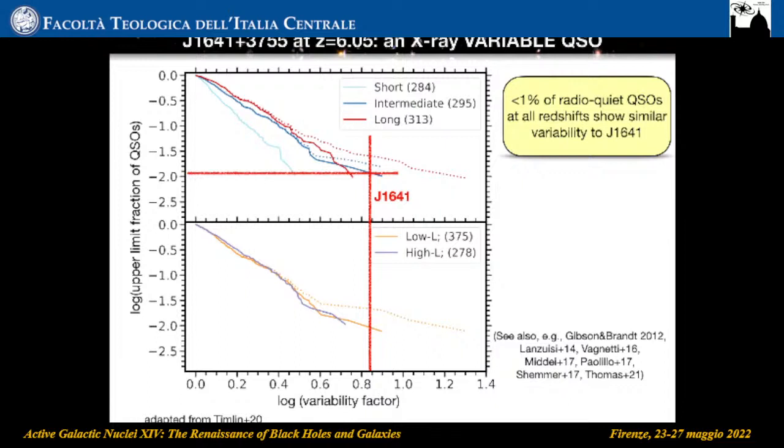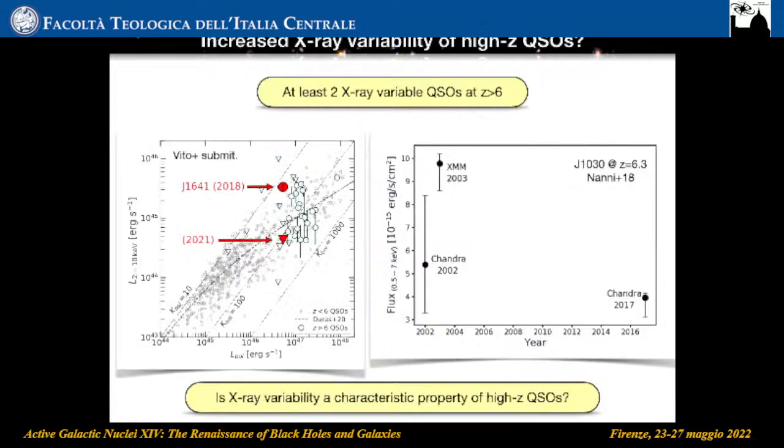Actually, this is not the only variable quasar we know at high redshift. There is at least another quasar, which is J1030 at redshift 6.3. This is the X-ray light curve of J1030, and in particular between the second and the third epochs, it varied by a factor of 3. So now we have 2 variable quasars at high redshift, and we don't expect many actually. So is X-ray variability somehow enhanced in high-redshift quasars? And to test this, I